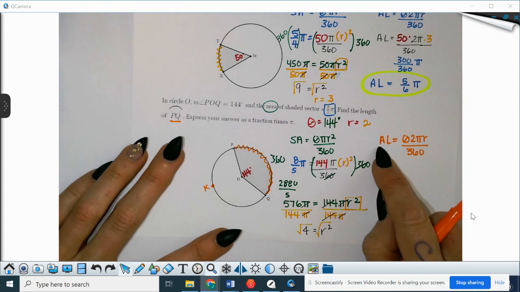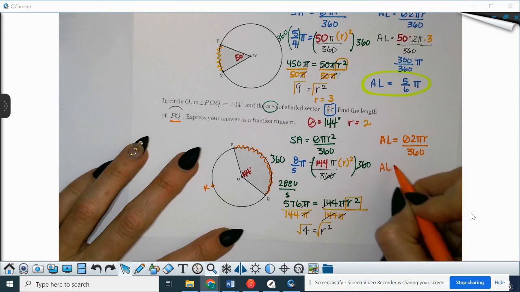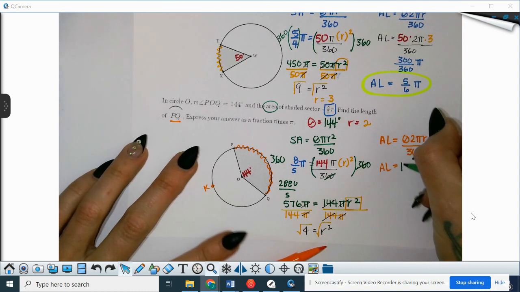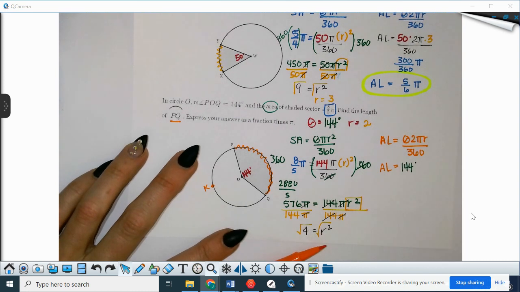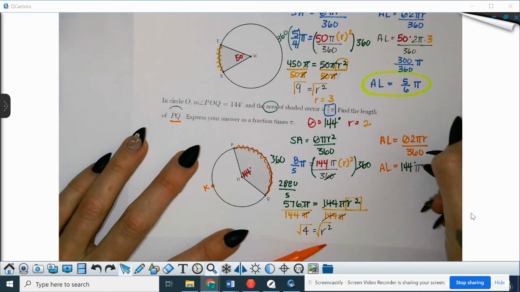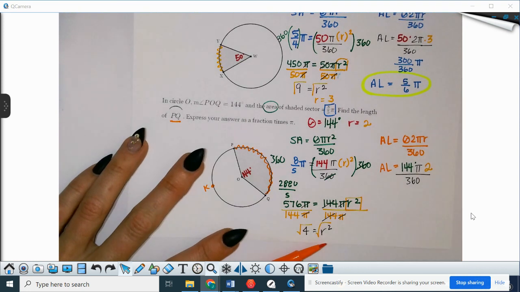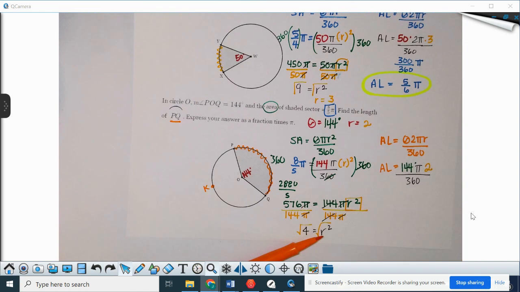We're looking for arc length, so we can call it AL. You can put your X out here if you want to as well. We have our theta, or our degree measure, of 144. Pi and 360 happen every time. And then our radius, not squared because we're doing a portion of the circumference, is 2. So we have 144 times 2, which is 288 over 360